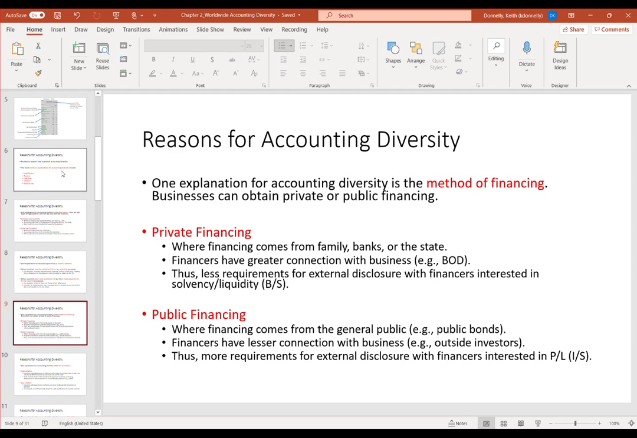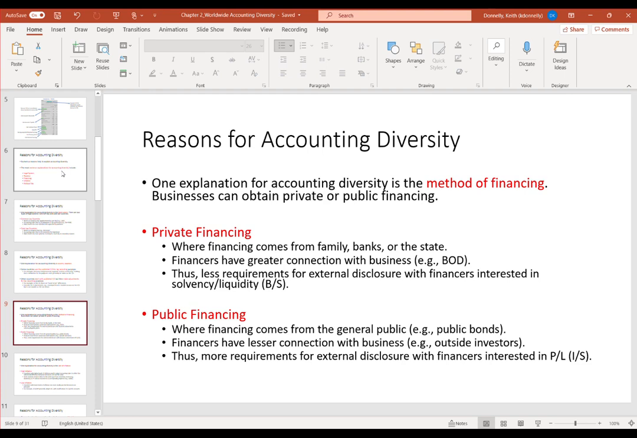And with private financiers, there tends to be a greater connection with the business between the people who are financing it. So, for example, somebody who's a big stockholder could be on the board, right? And because it tends to be more privately focused, there's going to be less of a requirement for external disclosure,